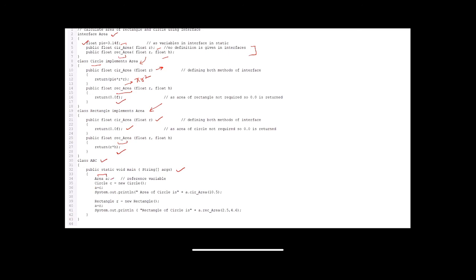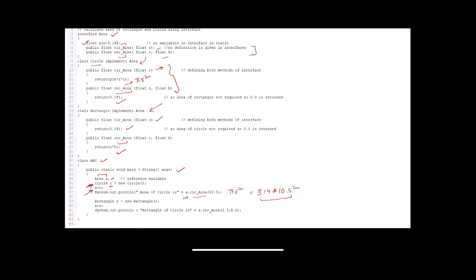So my reference variable is A. I am defining an object of my circle class as C. And in the next statement, I have bound this object C to my reference variable A. So now when I call my circle area method using this reference variable, the value of pi r square will be returned, which will be equal to 3.14 into 10.5 whole square. So the answer that will be printed will be the area of circle is this value.